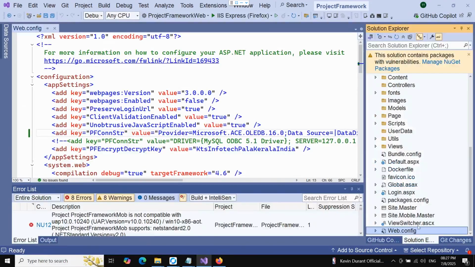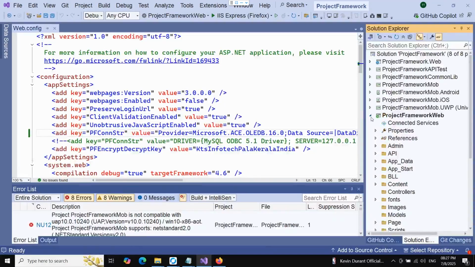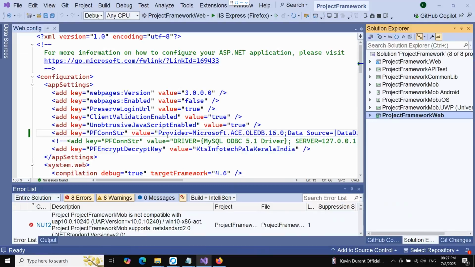So it has nothing to do with the previous package installation and other stuff. It has something to do only with the connection string. This connectivity component was not installed. That's the reason why we were not able to log into the system. So likewise,